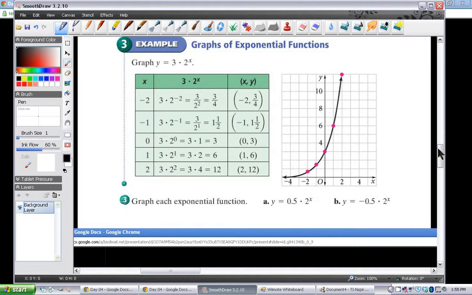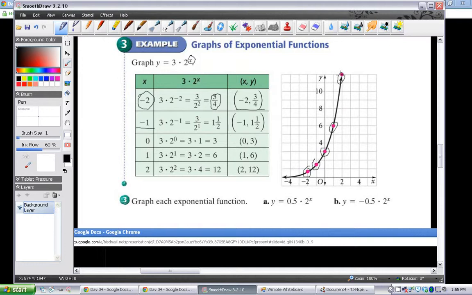Okay, next we're going to be looking just at the graphs. If you want to graph an exponential function by hand, all you have to do is the same thing we did at the beginning. We take an x value, and here we're going to use -2. We plug it in for our x right there. We get 3/4, so we have the point -2, 3/4, which is this one here. Same kind of thing, we plug in -1 for the x, and we get 1.5. So we have that point, and we keep on going. With 0 is 3, and then we have 6, and then we have 12 way up here,